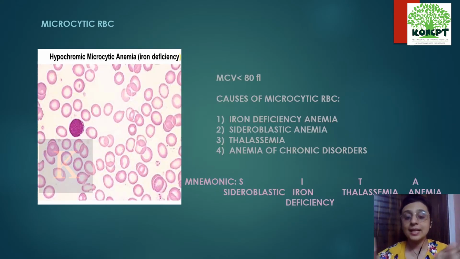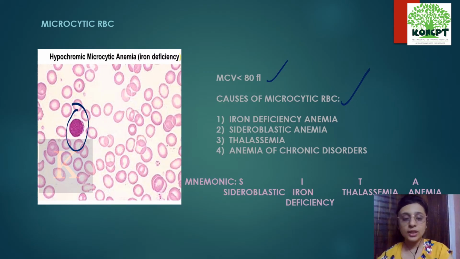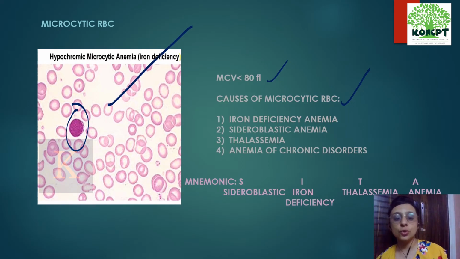If this MCV is less than 80 femtoliter, the volume is less than the normal, you call it as microcytic RBCs. So you also have to compare the size of these RBCs with the lymphocytes. So you look for a lymphocyte and then you compare the size of the surrounding RBCs to that lymphocyte. Here you can see they are much smaller, and also you can appreciate the central pallor, which is much more than the normal 1/3. That means it is both microcytic, smaller in size, and hypochromic. The hypochromia or the central pallor is much more. So you call it as microcytic hypochromic RBCs.